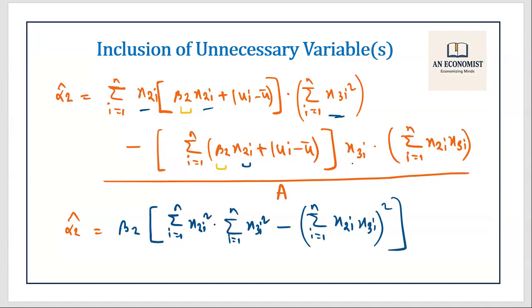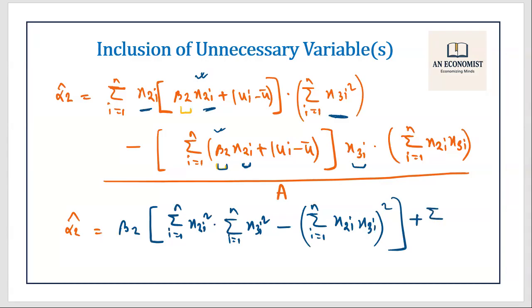See, here you have x2i and here you have x3i. So I am just taking beta 2 common from this expression and this expression. First term is summation x2i square into x3i square here. And then from this expression, if you take beta 2 common, it will be summation x2i x3i and a whole square of that. I hope this is clear to you. And then